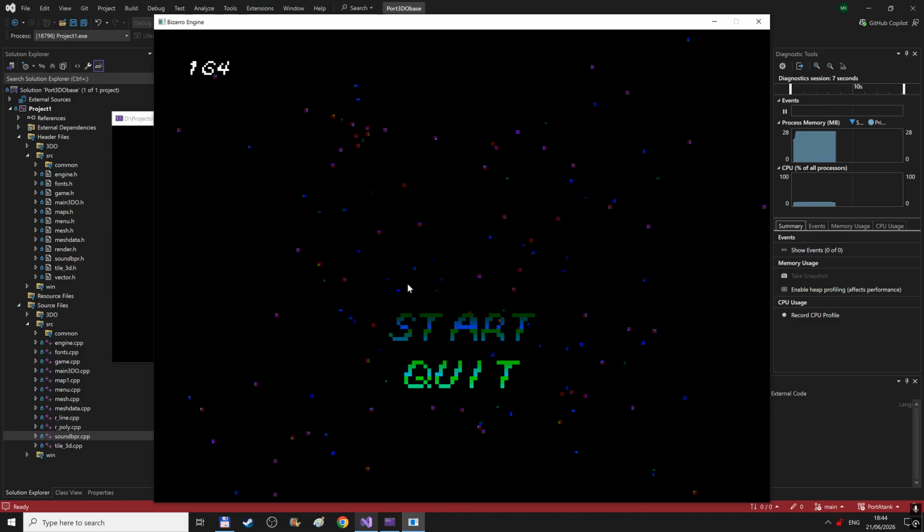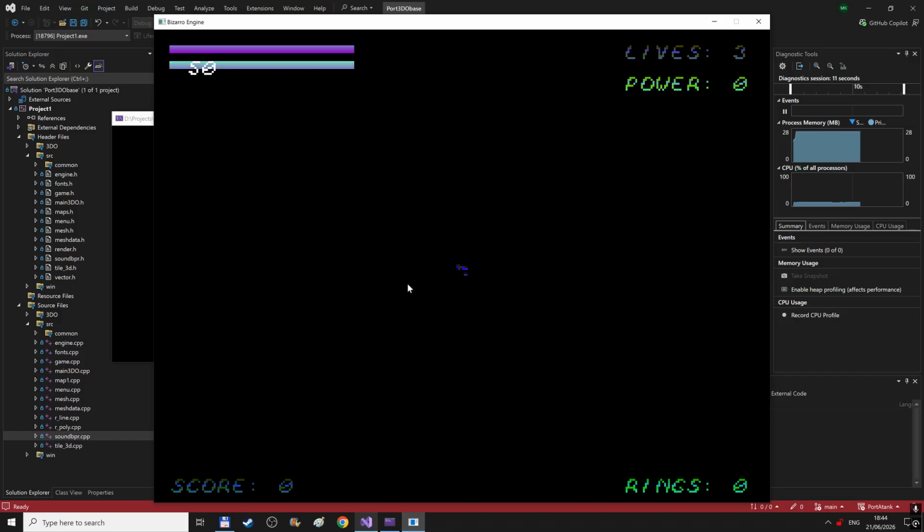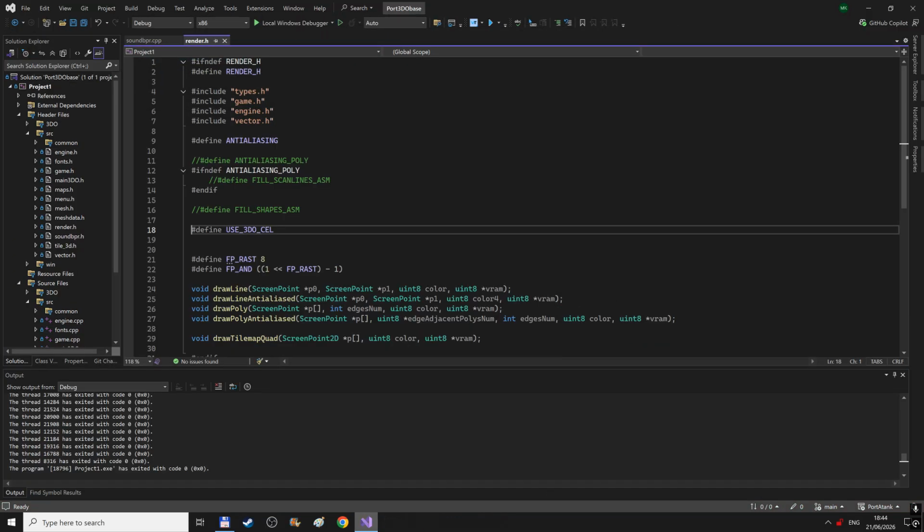Almost everything is empty. Now the text and the points, the particles, the letters are still on the software renderer because all I did was